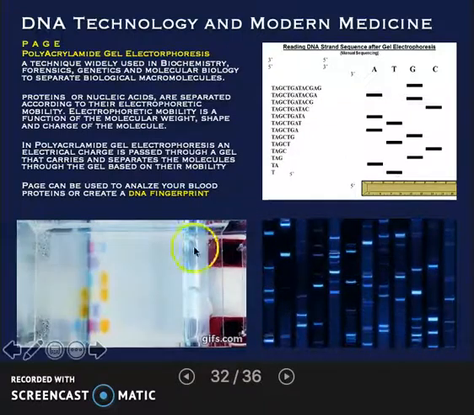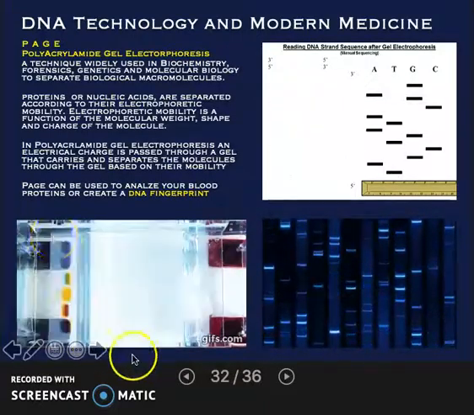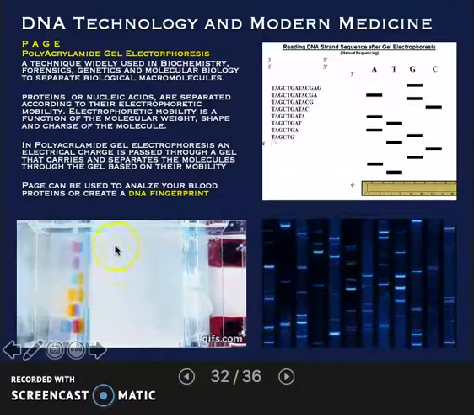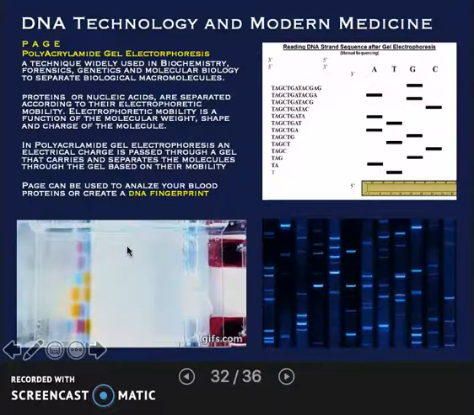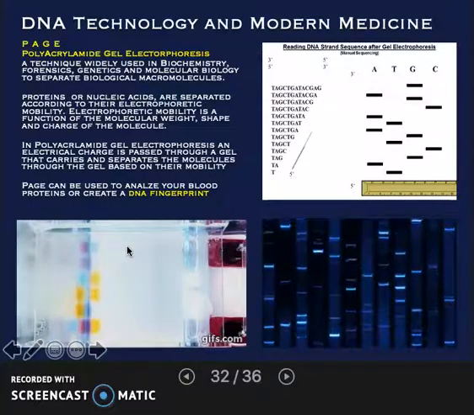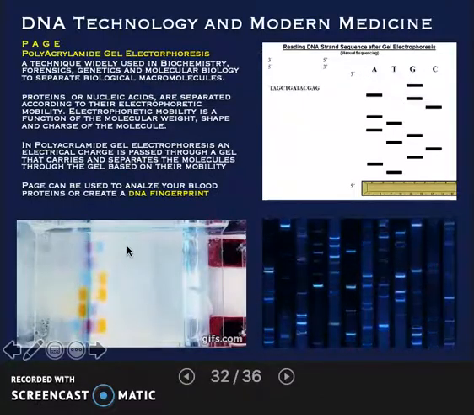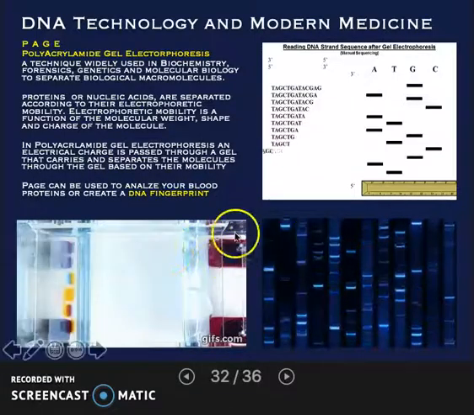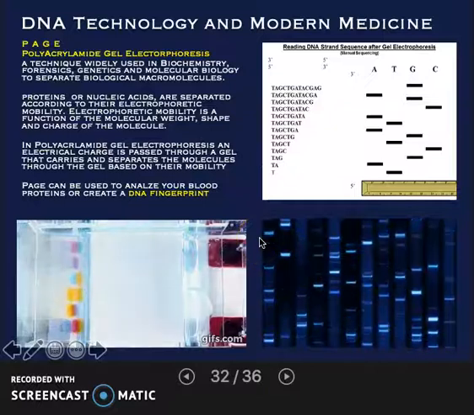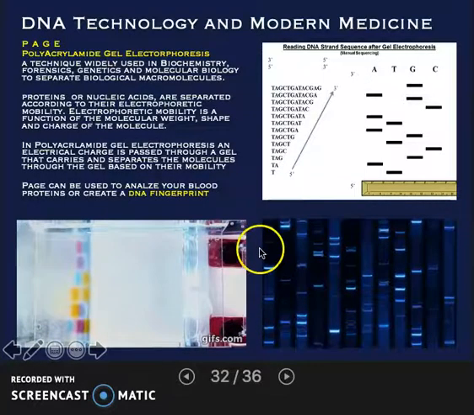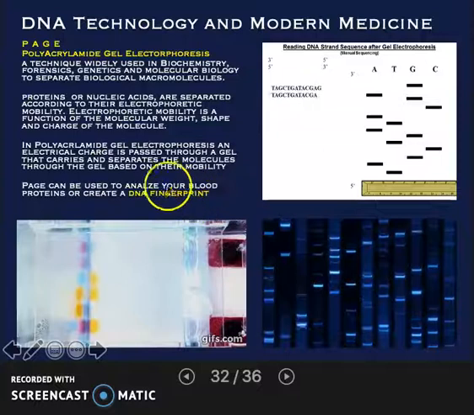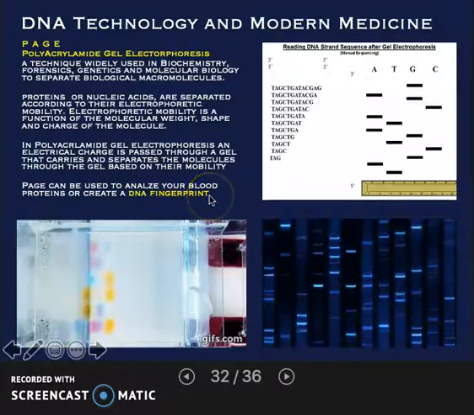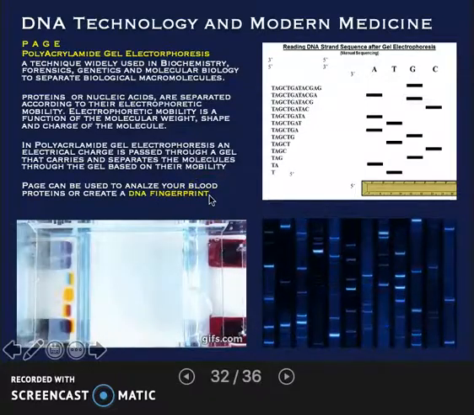Of course, gel electrophoresis is used all the time. If you have a heart attack, they take your blood and they put it in this gel. And if a certain protein's present that's associated with the breakdown of heart tissue, I can say, hey, you had a heart attack, or hey, you didn't have a heart attack. You're just too nervous. So that's gel electrophoresis, and it's used to diagnose all kinds of disease, but it can also be used to digest DNA and make up a DNA fingerprint.